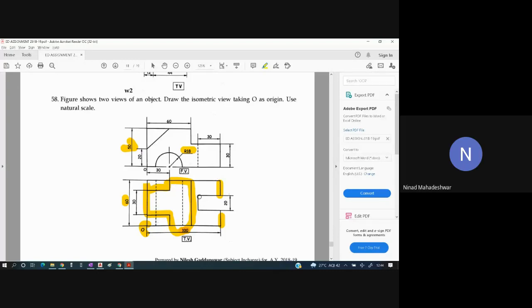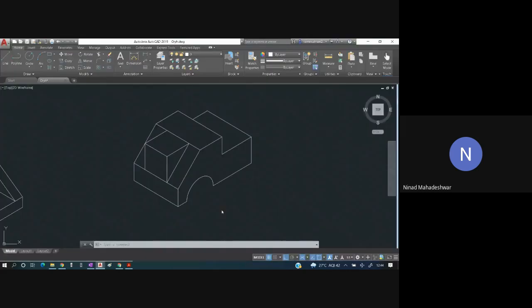How many mm you have to go inside? तो आपको फ्रंट व्यू में मिलेगा. कितना है वो? 30. Again 20 आपको बाहर आना है, and again 30 आपको इधर जाना है. So at this surface you have to do. Okay, so select this. From here you have to go outside by 20. You have to go in this direction by 30. Go in this direction by 20. Go in this direction by 30.